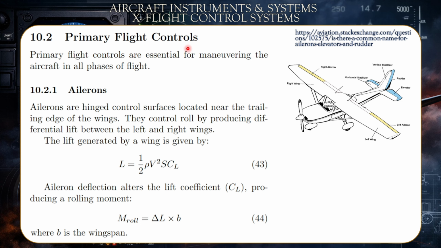Primary flight controls. Primary flight controls are essential for maneuvering the aircraft in all phases of flight. So what are these? At first, you have the ailerons on these two sides that are responsible for rolling the airplane to the right or to the left. You have the right wing, the left wing. Then you have the elevators that are responsible for pitching the aircraft up and down,